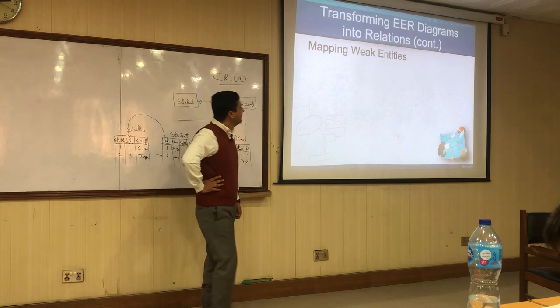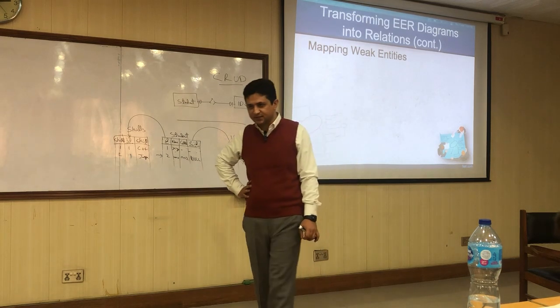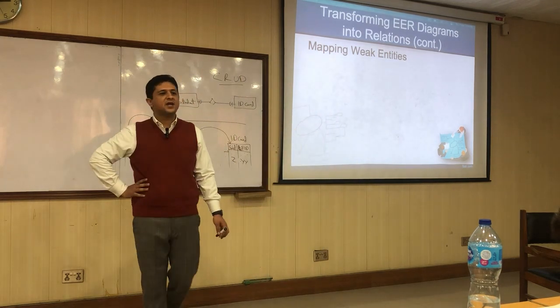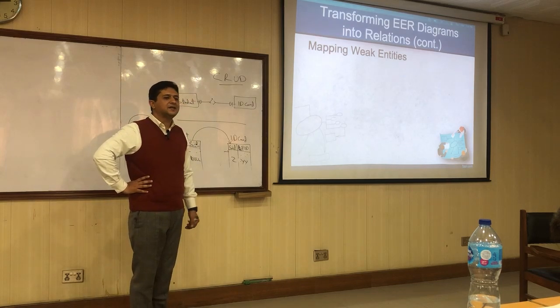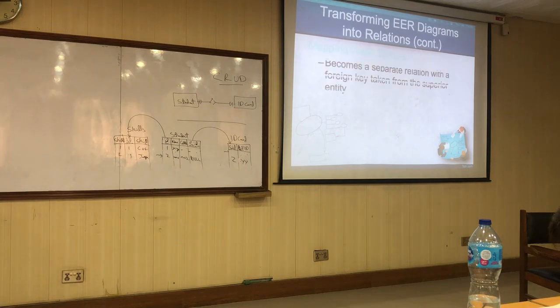Okay, now we shall learn how to map the weak entities into the relational structure from the conceptual structure. So all the weak entities, obviously they become a separate relation. They have to become a separate relation because they are entities, and there is a foreign key that is taken